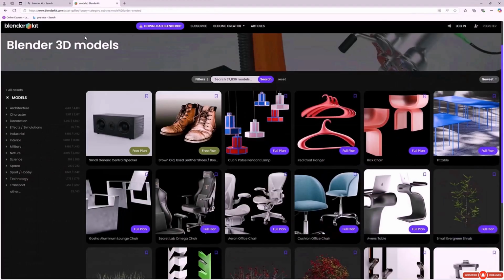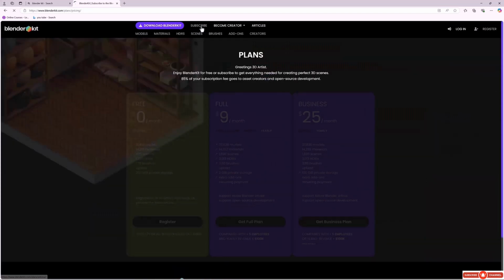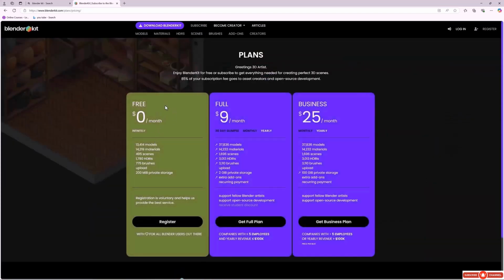And this is BlenderKit's home page. BlenderKit is a free asset library which has been set up to work seamlessly with Blender. It is solely for Blender, and it's the easiest way to import high quality assets into Blender. If I go over to the subscribe here, it can be absolutely free, and this is what I use, the